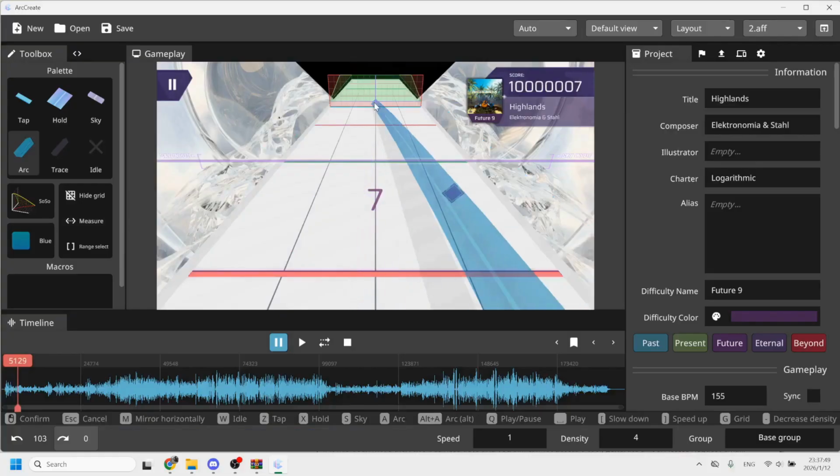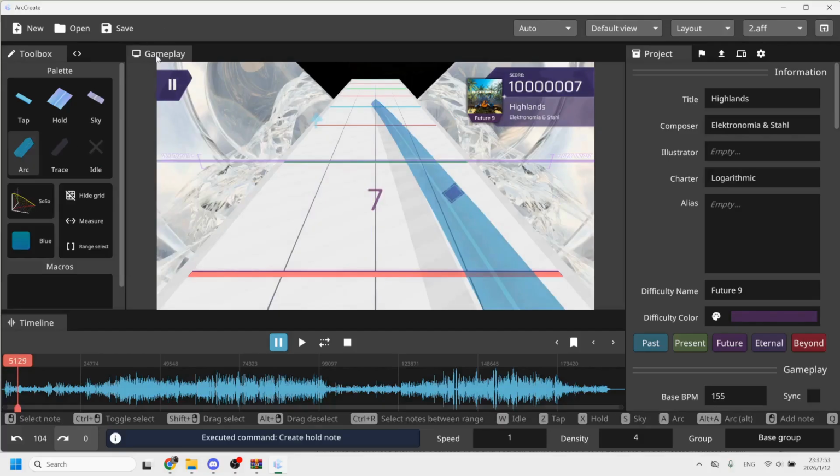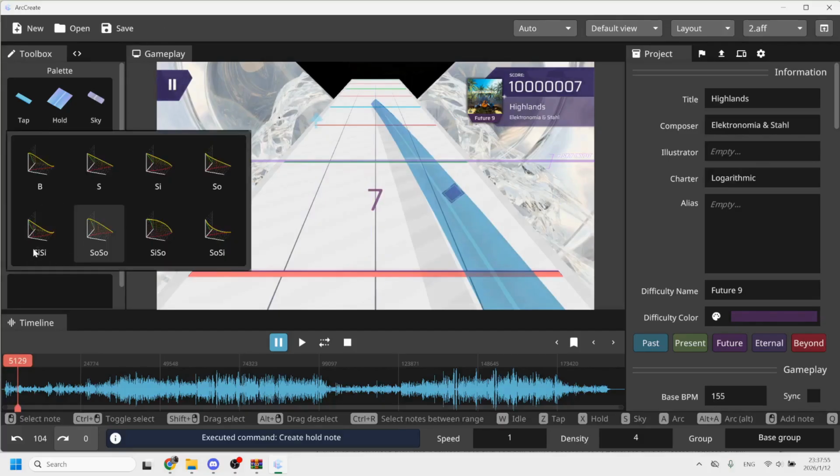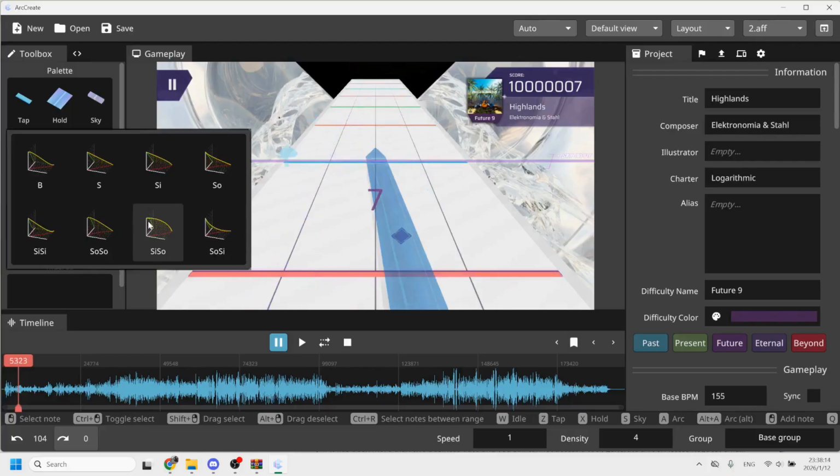I won't show SOSI and SISO, but general rule of thumb is that the first word describes how the arc moves in the X direction, and the second word describes how the arc moves in a Y direction. So SISI is X is sign in, Y is sign in. So SISO would be X sign in, Y sign out. SOSI would be